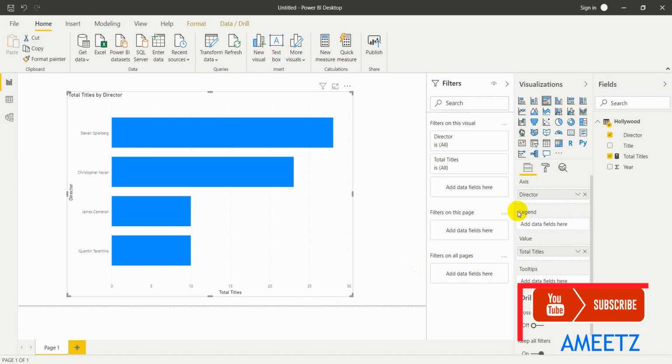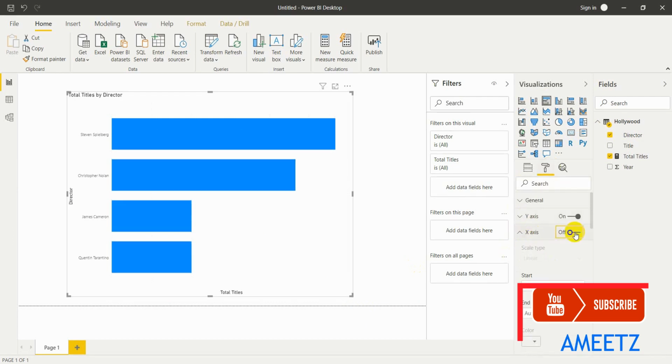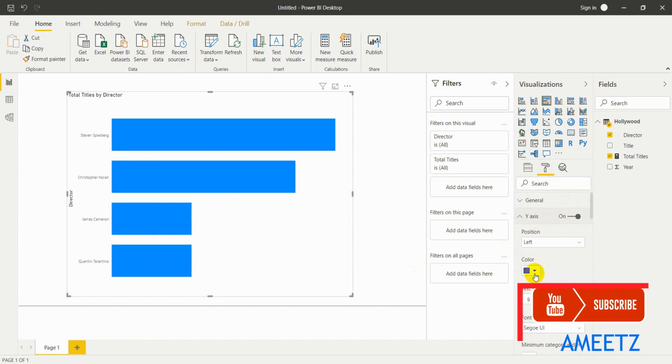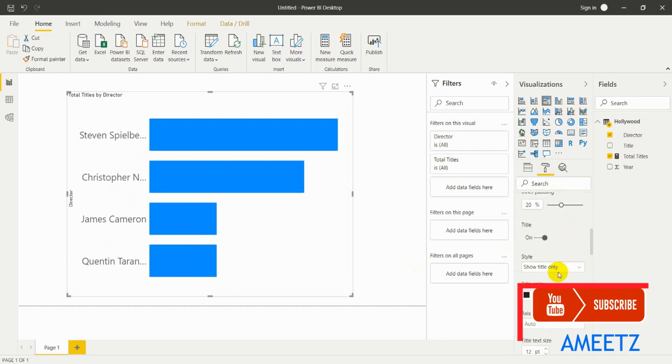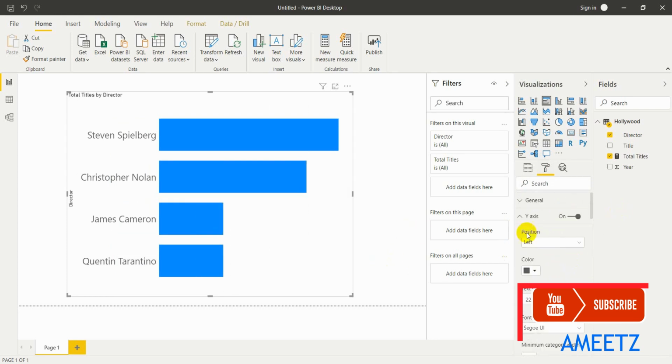Now I need to clean the chart quickly. Just go to formatting options, x-axis is nil and even x-axis titles I don't want, and in y-axis the text should be a bit higher so that I can read that information clearly, and then I need to increase the size so that the names are appearing properly. Then adding some data labels and data label size maybe. That's good. So now my bar chart is ready.